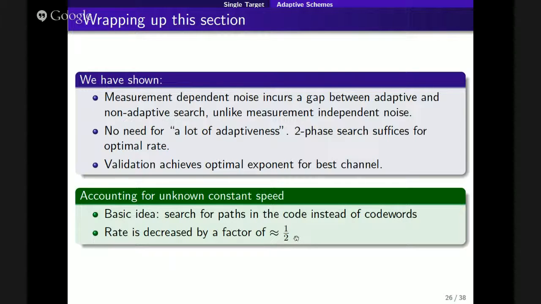you're hit by a factor of half in the rate. And the intuition here is that if you had a magical way to find the location of the target at two places at two different times, you can calculate the speed, right, if it's constant. But you'll need double the query, so you'll get hit in the rate by half. So this is just intuition for how we deal with speed.